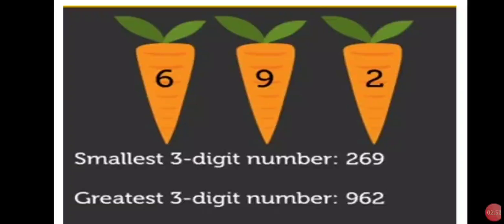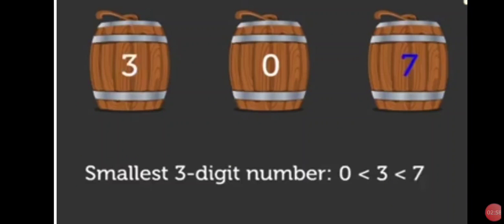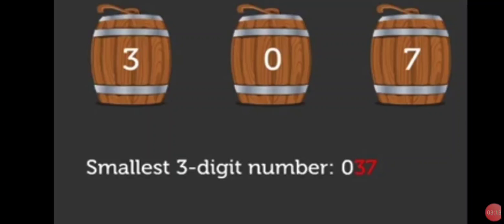the given digits are arranged in descending or decreasing order. Now let's take one more example. Say we have digits 3, 0 and 7. So to form the smallest 3-digit number, we arrange the digits in increasing order. So 0 being the smallest, then comes 3 and then 7. So the smallest 3-digit number becomes